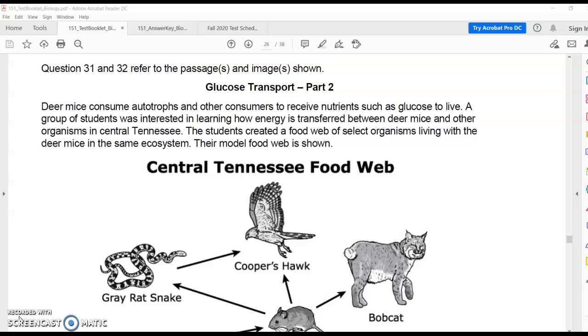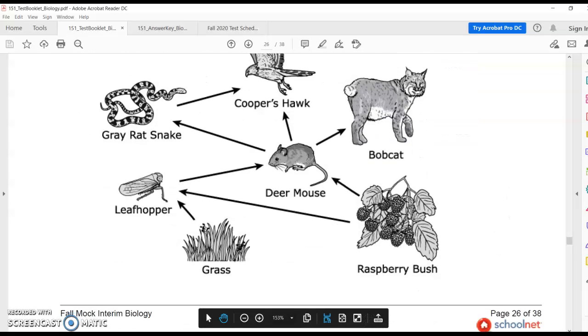So starting with question 31, 31 and 32 both go with part 2 of this passage about food webs and looking at one native to Central Tennessee. It's also on glucose transport, but talking about how energy is transferred within a food web. So you have a model of a food web. And remember, we have our primary producers, our primary consumers, secondary, and then tertiary consumers. And the arrow points to what is receiving the energy. And remember, it's about that 10% rule, about only 10% of energy is transferred from one trophic level to the